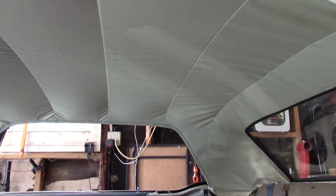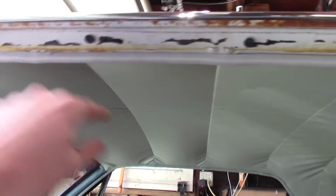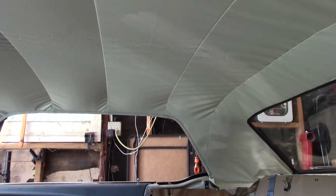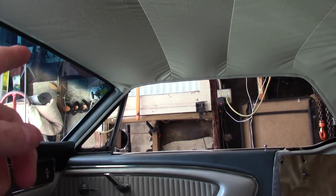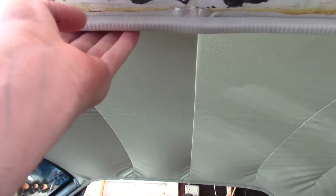If you do it in sections, like half of each side, I think the head rails we did all in one section when we glued it. If you do that, you're really not going to lose much. It's not going to fold up on you. It didn't for me, and I've never done this before. It pretty much holds its shape. But then when you go to glue it, just make sure you pull it taut again,